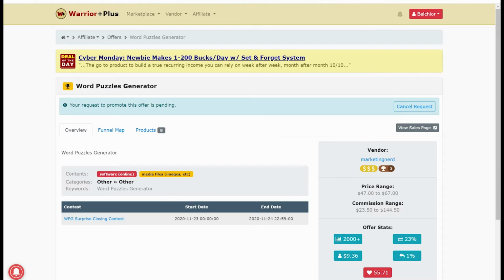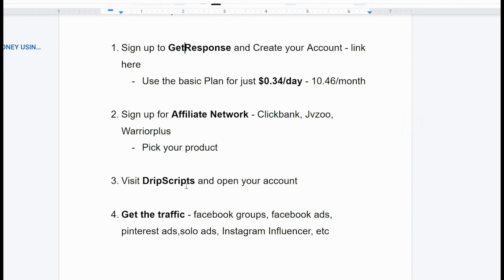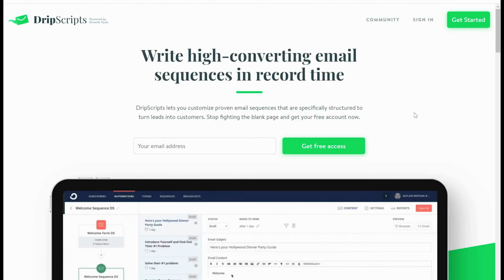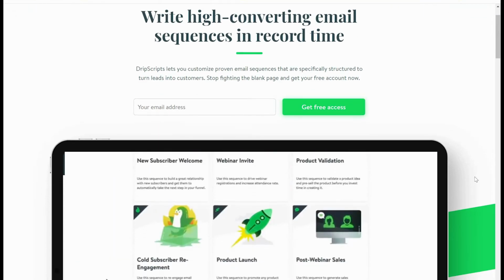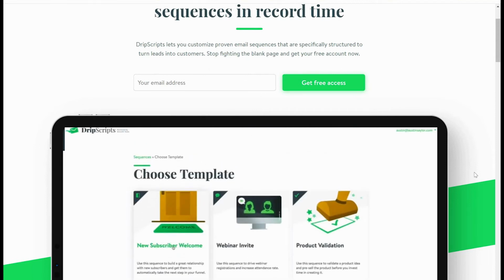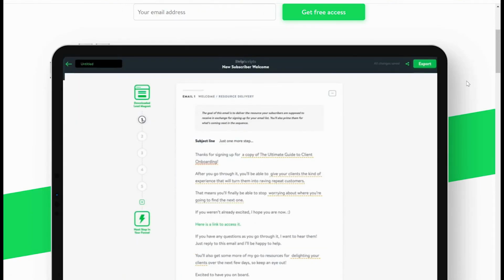Now we have our offers, how can we get our own emails? To get your emails, you can visit DripScript. DripScript is a website where you're going to find a lot of amazing converting email sequences that you can pass over to your GetResponse and create your own personalized emails to send to your customers. So you don't spend a lot of time writing all along. We need to write email sequences to many people. You see, everything here is done for you,